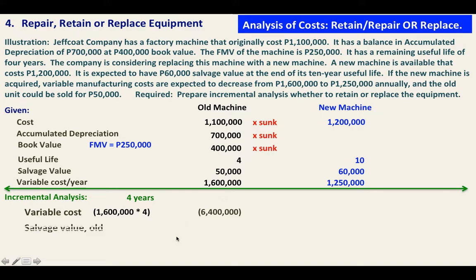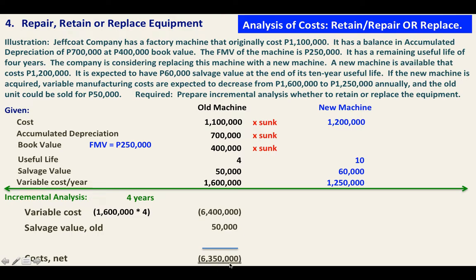So after 4 years, the company will receive 50,000. So it means a reduction from the cost, because this is the cash that will be received in selling the machine. Okay, so in effect, under the old machine, the net cost is